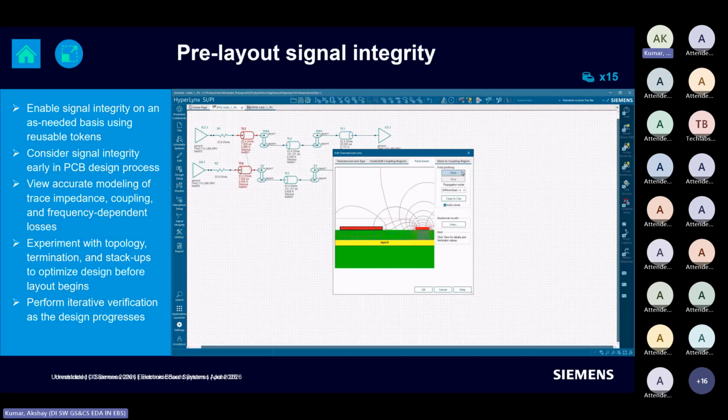Now, another thing I would like to talk about is pre-layout signal integrity. We often hear that signal integrity is something that is part of the layout, which we will take care of. Ideally, it is not the truth, because any circuit that you are going to physically design in the layout must